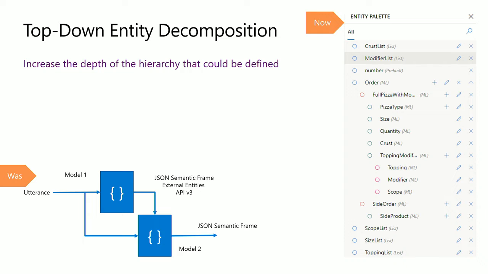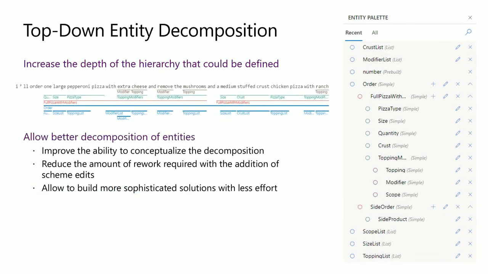And rather than have a bottom-up approach, so entities, composites, and you go up, we do a top-down decomposition. We've allowed the depth of hierarchy to go up from 2 to 5. And you can have models that span that. So you would do the order, a full pizza, and go into the finer details of that entity structure as you go down into individual toppings and modifiers. So this was what you would need in LUIS previously, and now you can actually do a better decomposition of your model. The top-down decomposition also is more natural. It allows you to structure things better as you go from top to bottom.